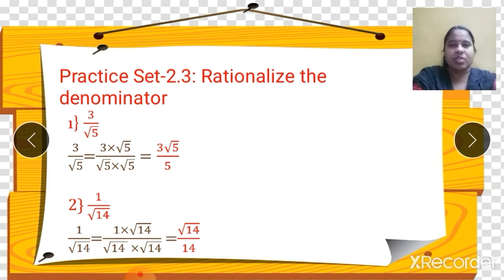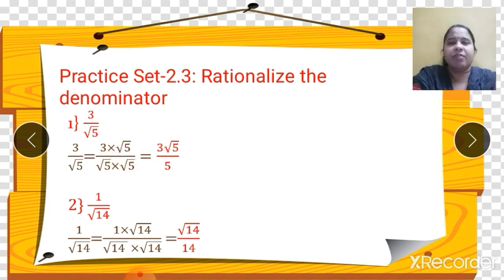Okay, so see this, 3 upon root 5. What is the rationalizing factor of root 5? Again root 5. I have just now explained what the word rationalizing factor means. So root 5 is to be multiplied with root 5. If I multiply the denominator, I have to do the same thing in the numerator. Do not forget this. You cannot change the question on your own. You are rationalizing the denominator with root 5, correct? So you have to multiply the same thing in the numerator also.